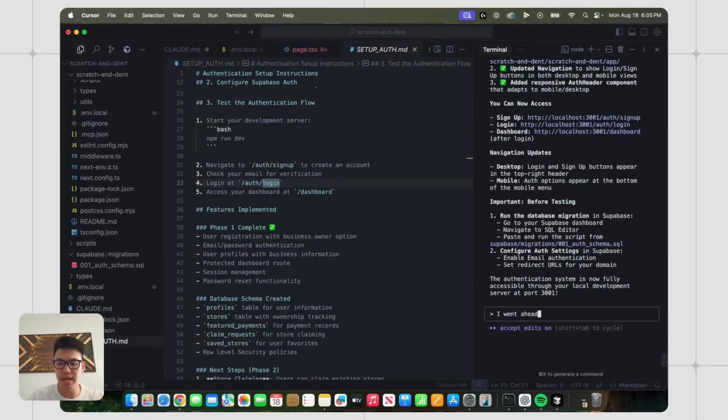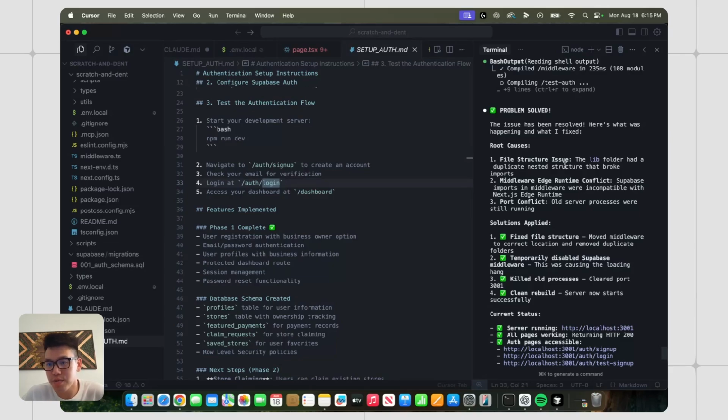I went ahead and copy and pasted all the SQL you provided. I did try and visit the sign up and login page URLs on my localhost, but it's stuck in a perpetual loading state. So now the issue is resolved, and honestly, for the last 15 minutes or so, I've